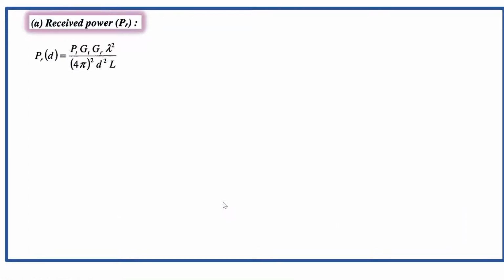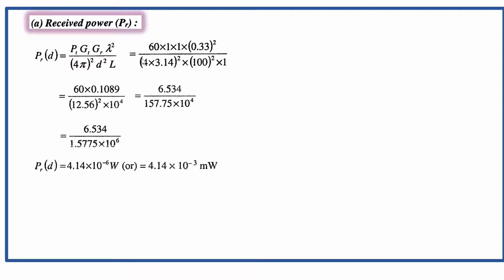Now I'm going to find out the received power. The formula, as we discussed in free space propagation, for the received power at the receiver is Pr = Pt Gt Gr lambda squared divided by (4 pi) squared d squared L. Where Pt is the transmitted power, Gt is the transmitting antenna gain, Gr is the receiving antenna gain, lambda squared was just now found, divided by 4 pi. Pi value we already know is 3.14. And d is the distance and L is the loss, which they have given in the problem itself. When I substitute all those values, I get the received power to be 4.14 into 10 power minus 3 milliwatt.